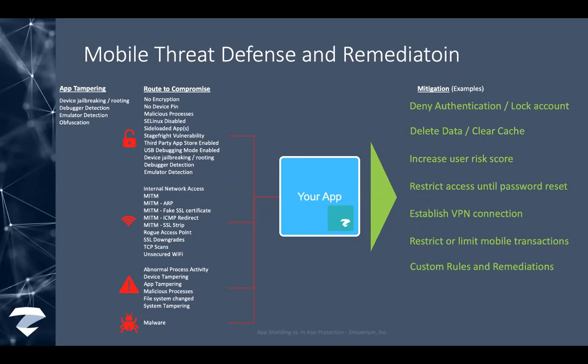So if I can determine that these things are happening, I can look at some of the mitigation examples over on the right-hand side, and I can stop that user from accessing my backend systems, or I can stop them from transferring so many funds at once because their device is compromised. So I'm trying to limit their funds from being drained into cyberspace, and then also I'm trying to reduce the overall fraud in my mobile